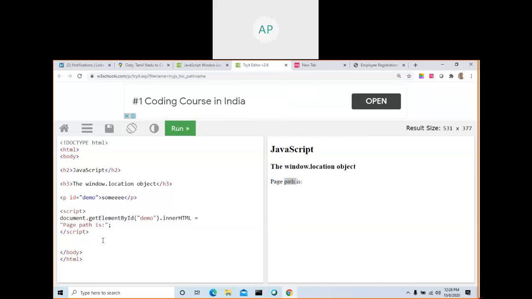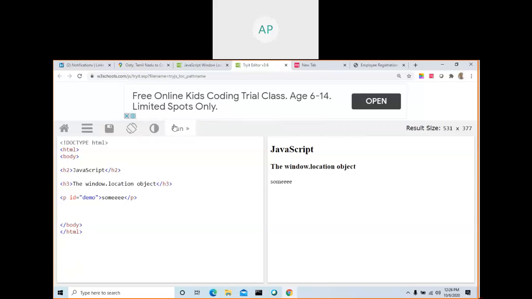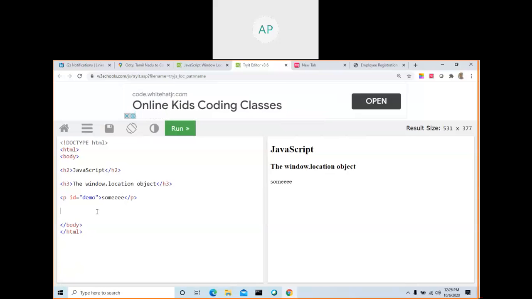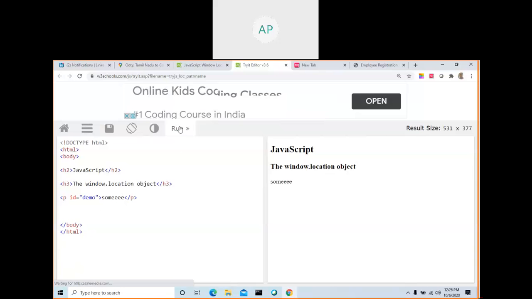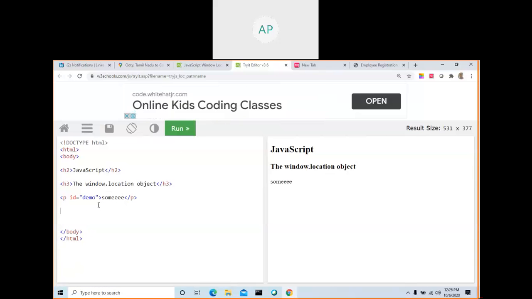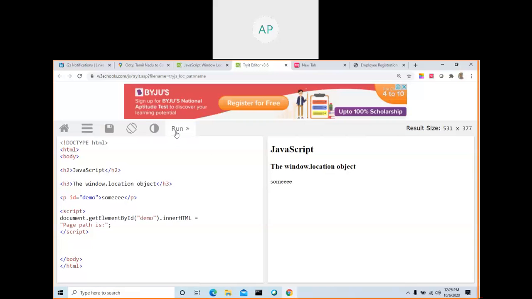You can do this after clicking a button as well. By using JavaScript, you can change the content on the screen. That is what innerHTML does. This is a very simple example, so don't do it like this; do something better. I am just showing you one example. When you run this page, this is the content, a thousand times this is the content. But by using JavaScript, you can change it.